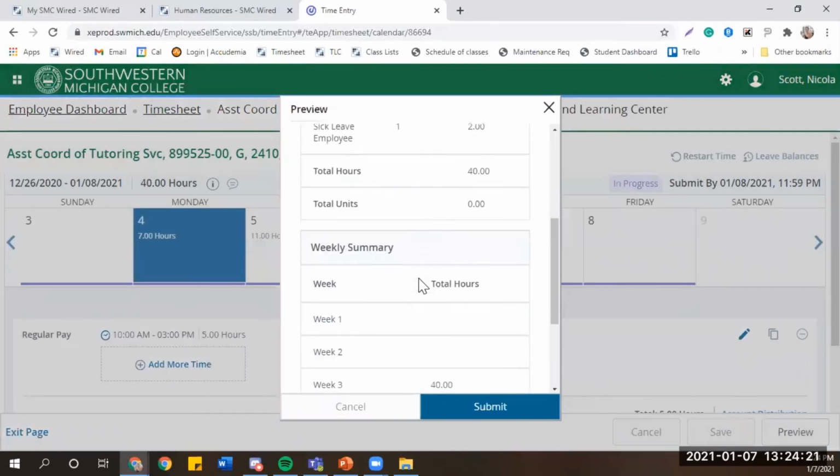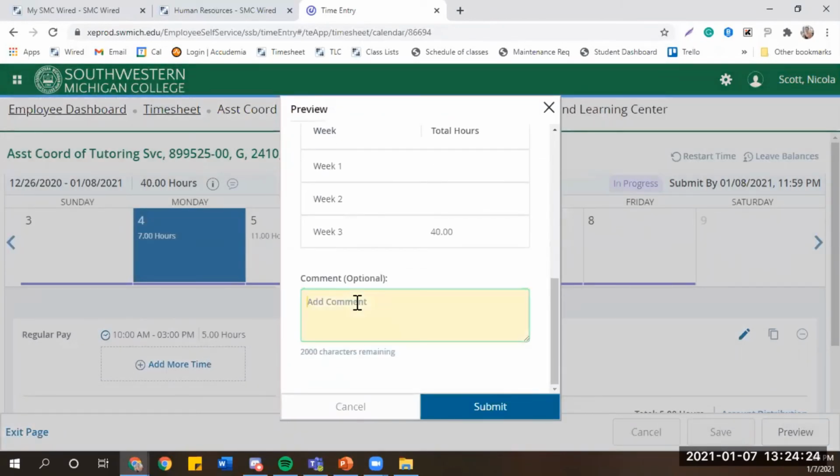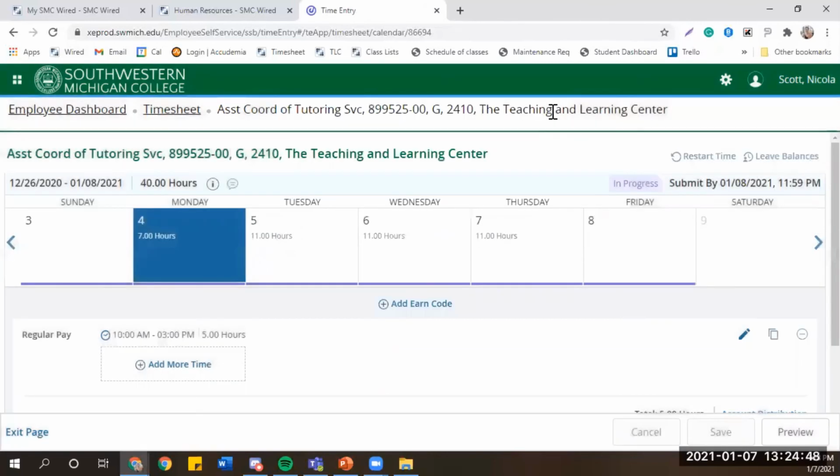You can also preview everything that you've added in so far by clicking on the preview button on the right hand side. There's also a comment option, which is in a yellow box just on the preview screen. You can add in any information that you'd like your supervisor to know. If you worked different hours from your scheduled shift, you can put that in there. Okay, and then you can click submit. I'm not actually going to click submit because these aren't my hours. So I'm just going to scroll off, but that's pretty much the main things you really need to know about